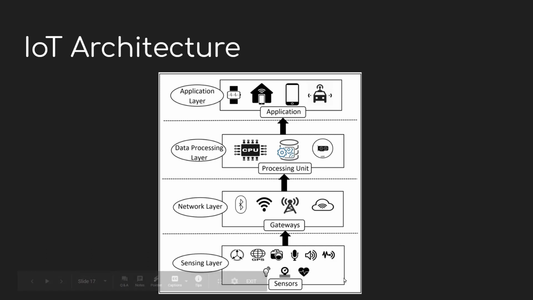Okay. Then if I go a little bit deeper, you have something called IoT architecture. The idea is that first we have sensors. These sensors will collect and send the data. To send the data, we have to have something called a network layer. It can be Bluetooth, Wi-Fi, Zigbee, any protocol. Then we have something called a processing unit. If you have Raspberry kind of devices, they will process the things. It will identify whether there is a face or not, something like that.